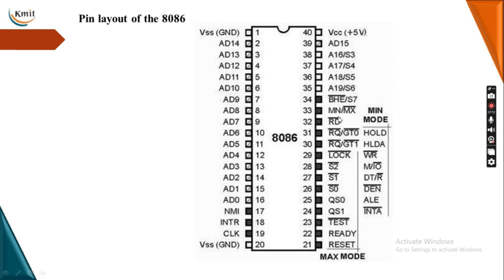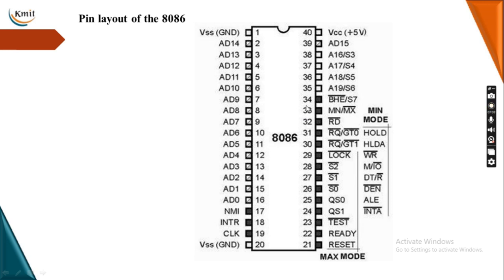maximum mode. If MN by MX bar is equal to 1, then 1 bar 0, this is 1. So MN is being activated, nothing but 8086 operates in minimum mode. So what is this minimum mode, maximum mode? We'll be seeing later. But for now, this is the pin which decides whether it is operating in minimum or